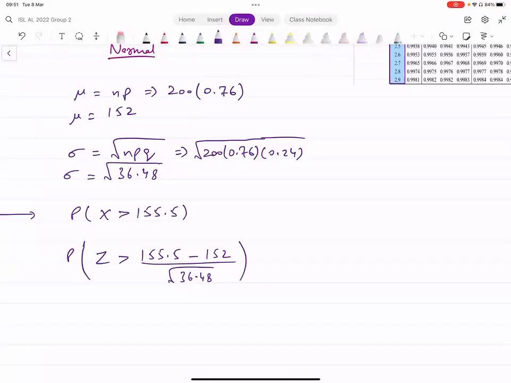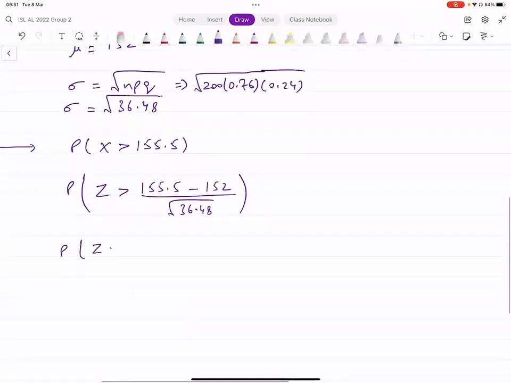square root of 36.48। ये क्या आता है हमारे पास? (3.5) over square root of 36.48। This should be 0.579। Is that okay? यस सर। 0.5794 है। ओके ठीक है, so 0.579 to 3 decimal places, that's what we've got, ठीक है।